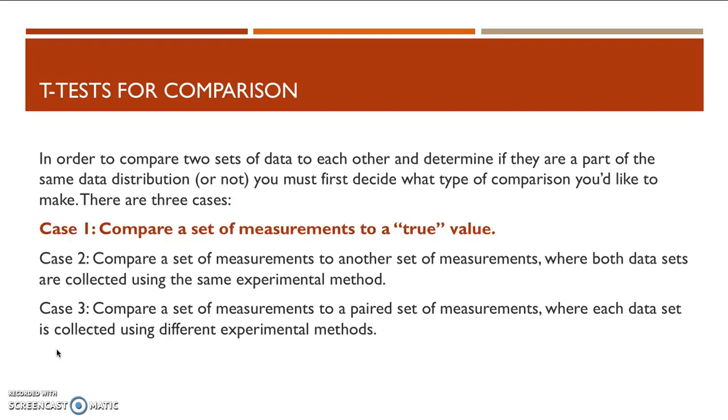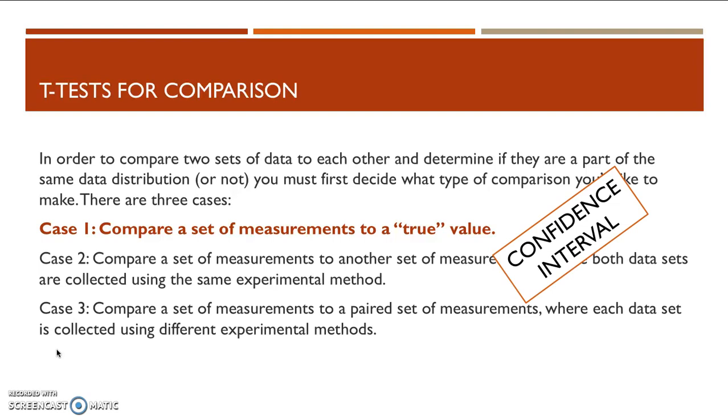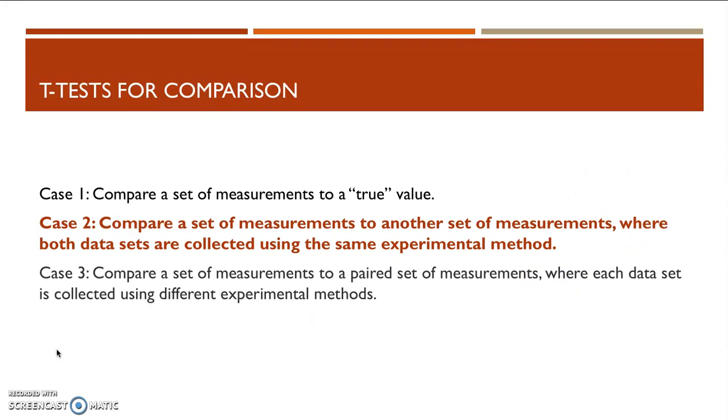The first case is to compare a set of measurements to a true value. And we've already talked about this in the previous video. We use a confidence interval to do that. So you can go back to the previous tutorial about precision and accuracy to review how to do a confidence interval. The second case is probably the one that you'll use the most often after a confidence interval, and that is